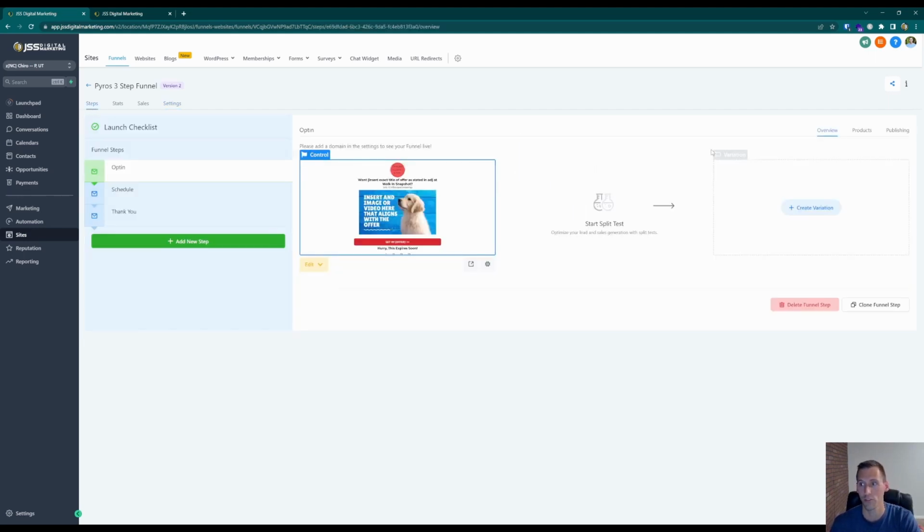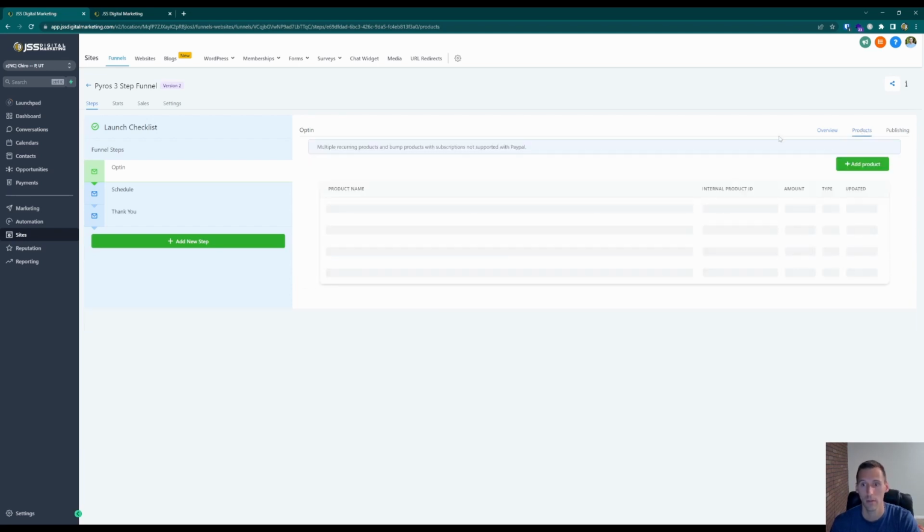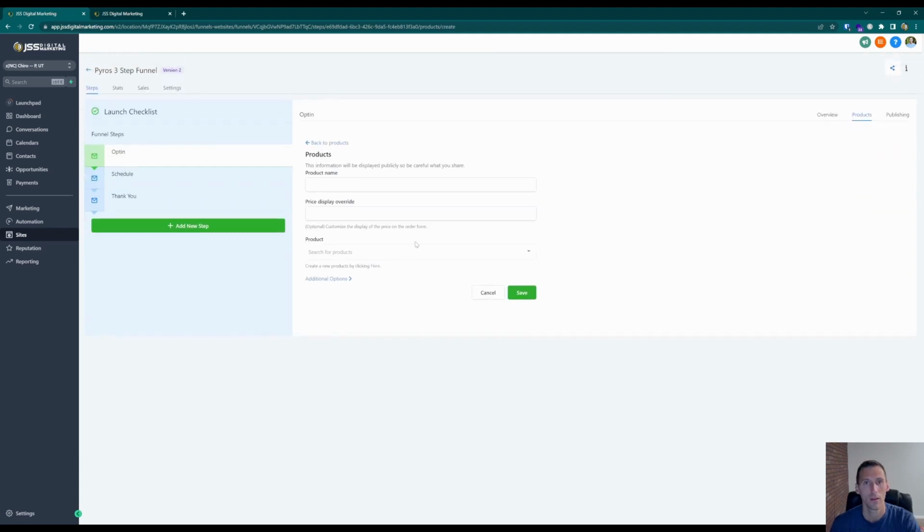For each step, I mentioned that there are sales. So you would add them in products right here and add product. There's a whole lot that you can do with products, and I don't want to dive too deep into it because I believe it's another lesson for another time. There's so much that we can do with products, and there's a bunch of new features that you can also do with products, such as being able to select multiple products and add them to a cart and enter quantities. That's all stuff that is very new to HighLevel, but it's very much appreciated that they added those features. So let's go back out of the funnels